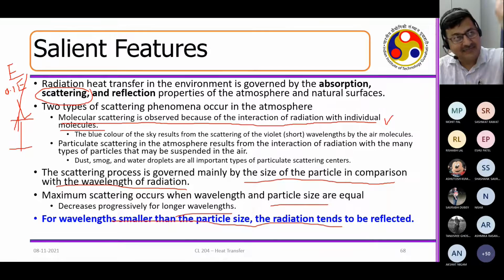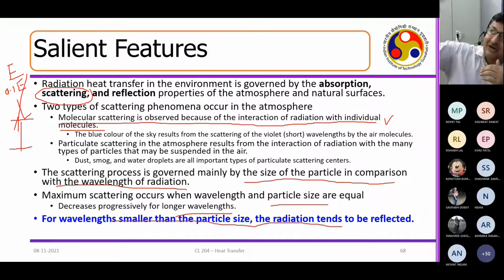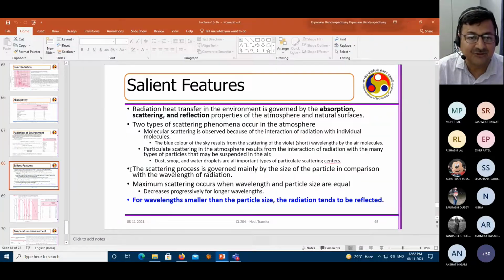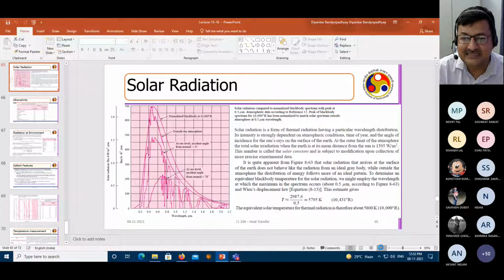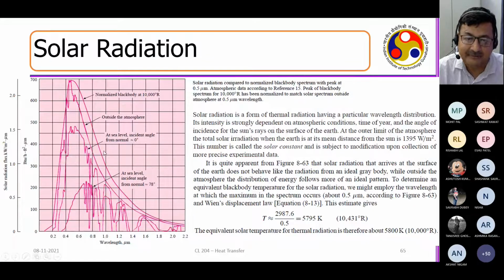When the energy is coming in and going out on a surface, when you look at the electromagnetic radiation, in this energy spectrum, where is the reflection happening? In which situation is the reflection happening? When the wavelength is much, much larger than the dimension of the substrate. Am I correct? Yes. Reflection happens where the energy is much lower and the wavelength is much higher. Those are the situations when you have reflection. So the absorption of energy is very, very less.